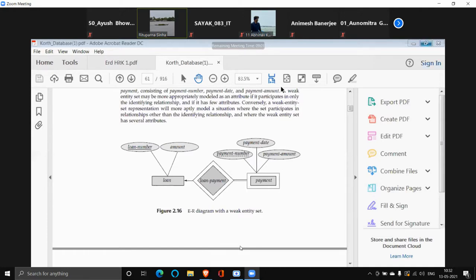So payment is an entity set which does not have a primary key of its own. Why does it not have a primary key of its own? Because just now we saw that 1 2 3, 1 2 3, these are duplicate values.